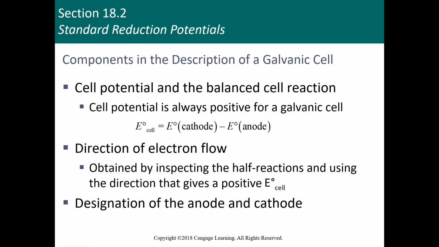All right, so the cell potential and the balanced cell reaction. The cell potential is always positive for a galvanic cell. And the reason for that is that it needs to provide some sort of electricity. So it needs to be positive so that the flow of electrons is from the